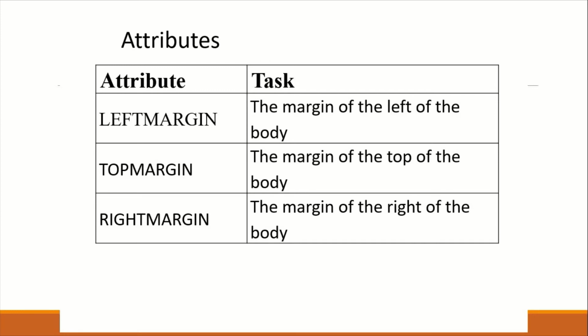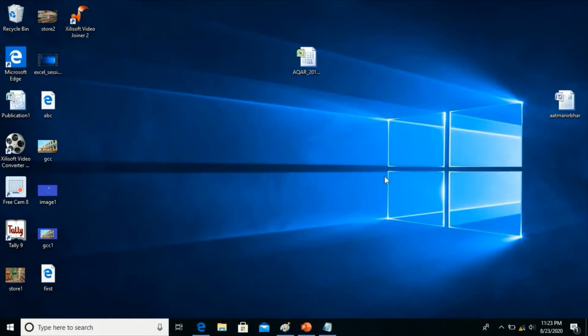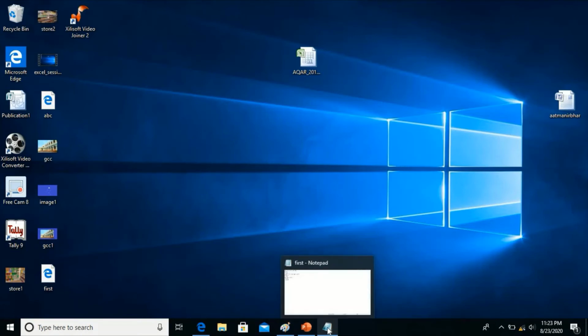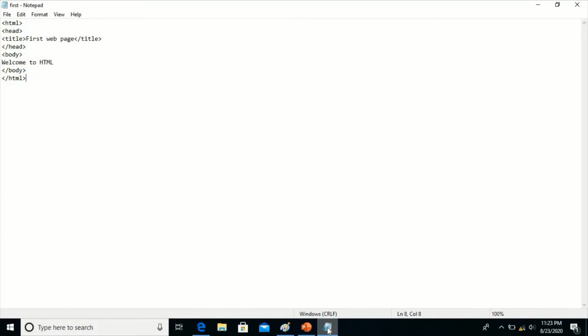So let us use these attributes in our HTML code. We have minimized the Notepad application. Open the HTML code. First, let me increase the font.